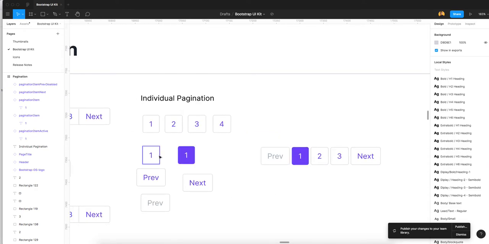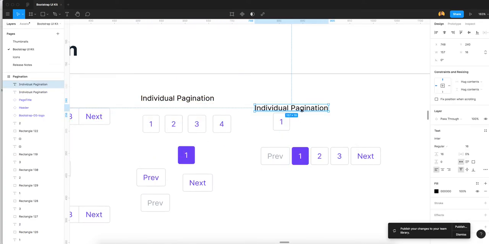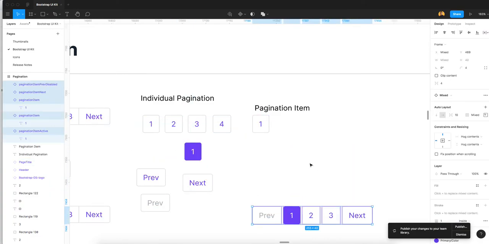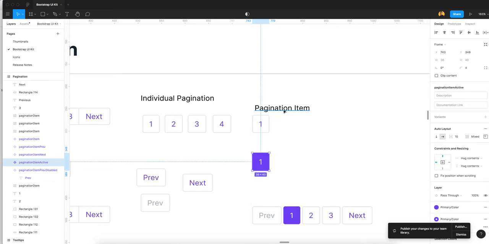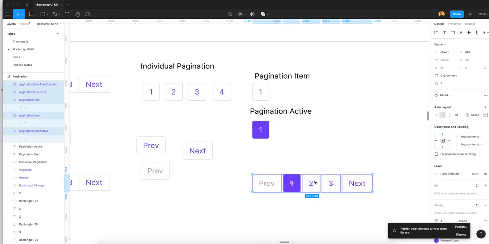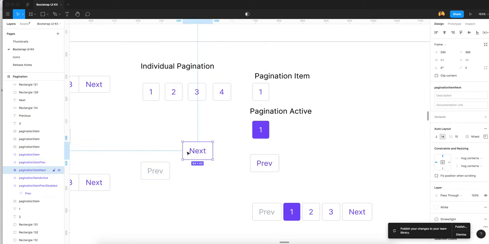So you will see here we have 4 pagination items. This will be our, we just copy it and name it pagination item, and this will show pagination active, and this one our previous element and this one our next element.